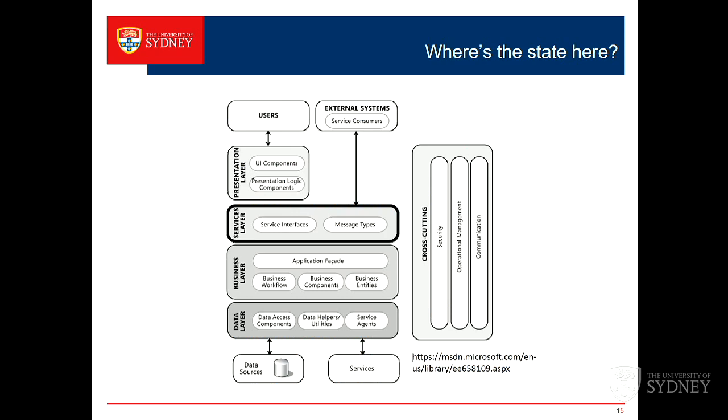A question you can ask is, where is all the state in there? What pieces of state do we have? Well, we're going to have some UI state, session state. We've got a service layer, which is providing interfaces between a presentation layer or an external service interface. And it might have some state because it's probably got a protocol. It's going to have a state for the protocol.